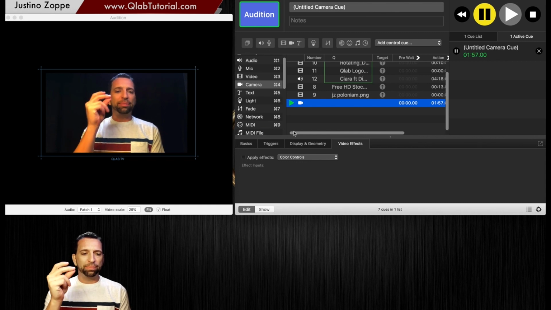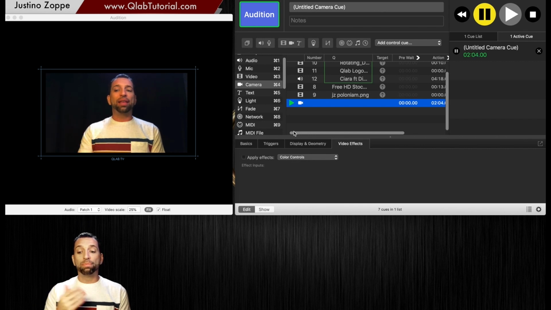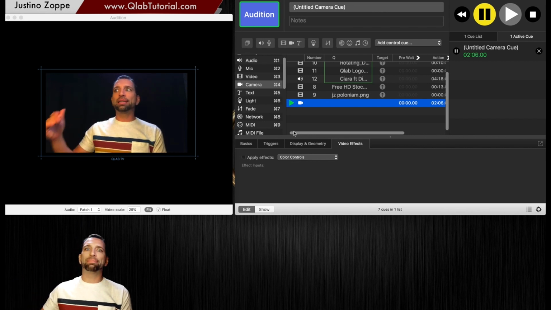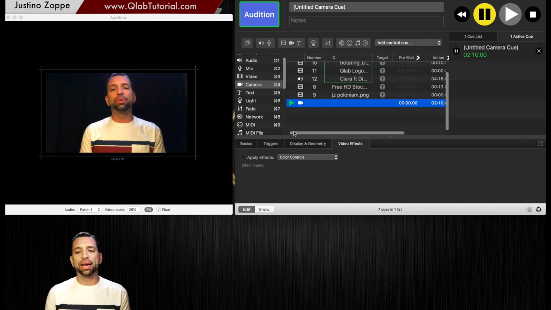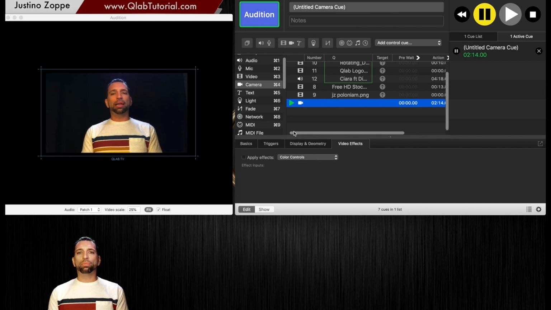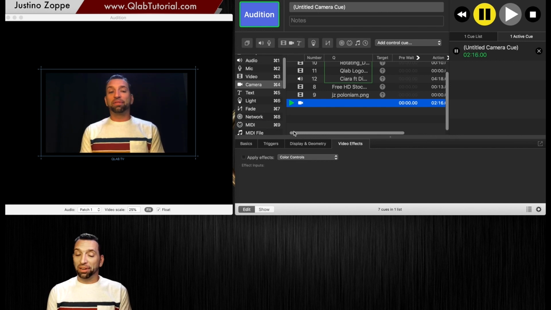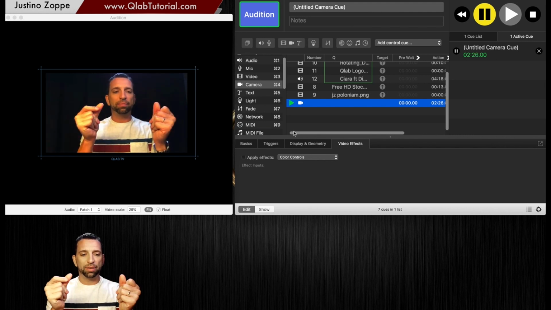Now, as you can see, there is a millisecond or two delay with that, and the more converters, the more adapters, the more things you do, there is going to be a slight millisecond delay. It used to be really, really bad. It used to be almost a second, at least it felt like a second, but now it's super, super fast. I don't know if there's any way of changing that and improving it at all, but look, we're directly in the computer and there's still just a slight